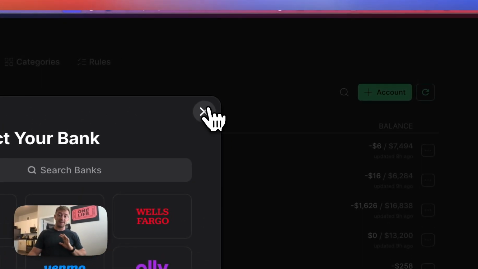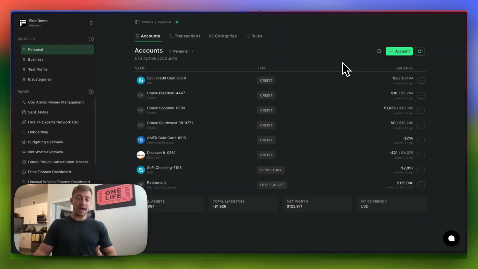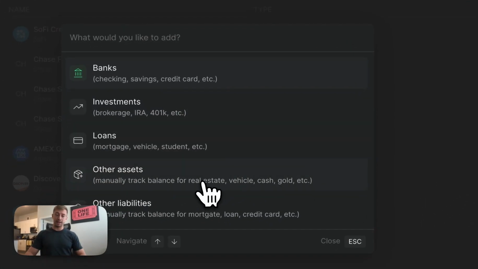In the event that both of these are unable to connect, the best thing you can do is to add a manual account, and you can add both manual account balances as well as manual transactions using a Google spreadsheet that's linked into your Fina account. So we'll walk through the flow of adding a manual account. If I come in here and click add an account,